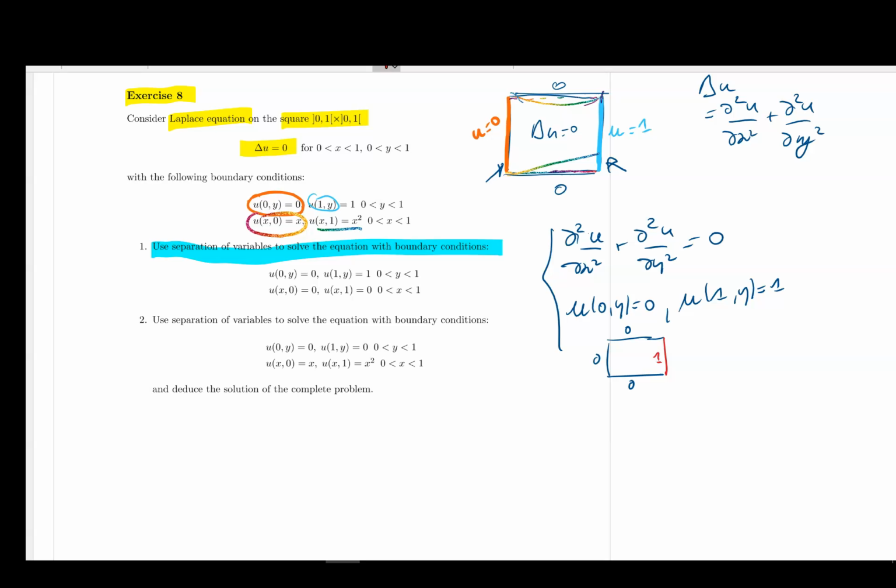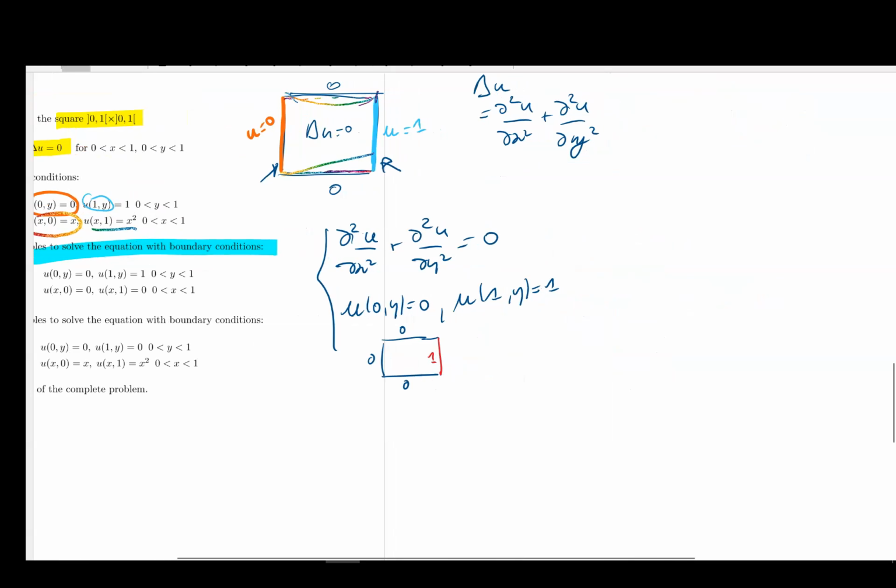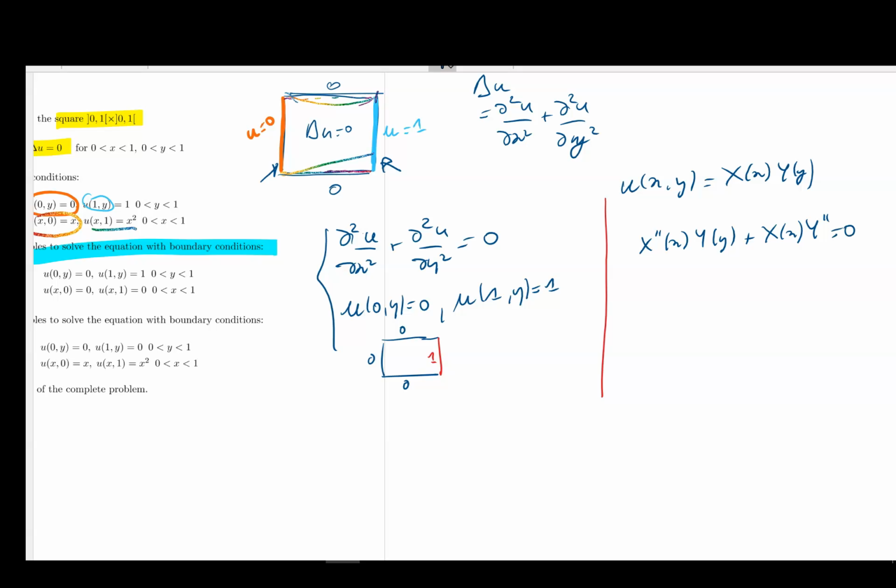Okay, so the idea is to use separation of variables. So let's just write what we have. Separation of variables just means that we're going to assume that u of x,y is going to be a function of x times a function of y. So as usual, that gives us the second derivative in x is X second times Y, and the second derivative in y is X times Y second, equal to 0. So we are going to have X second over X is equal to minus Y second over Y is equal to, well,